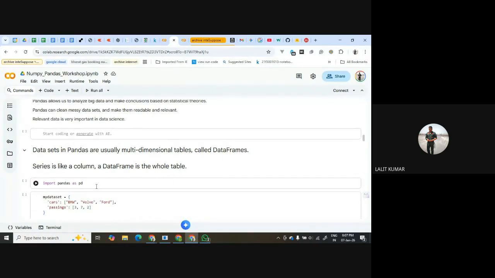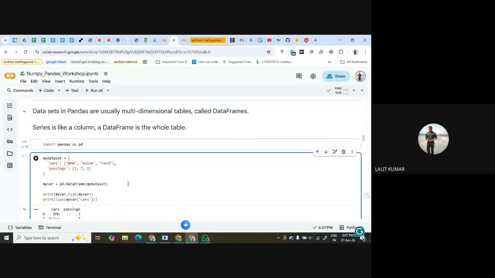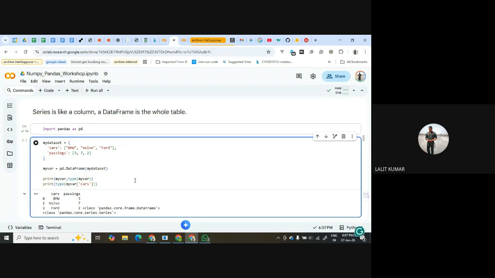So now just to give you a demonstration, we import Pandas as pd. The notebook is starting. Just give it a few seconds. Okay, it has been imported. And now we will create a Pandas data frame from our dictionary. Is it compulsory to import as pd? No, you can import it as any name, whatever you choose. But the general convention is to import as pd, so it becomes easier. Otherwise, you can import Pandas as Lalit also.